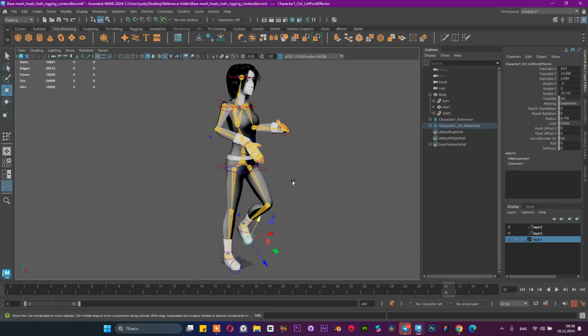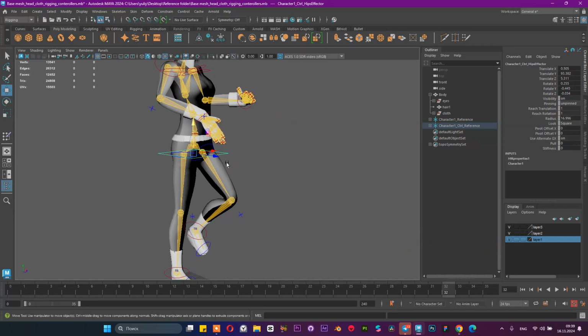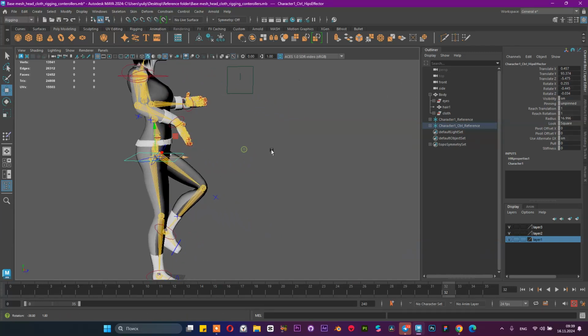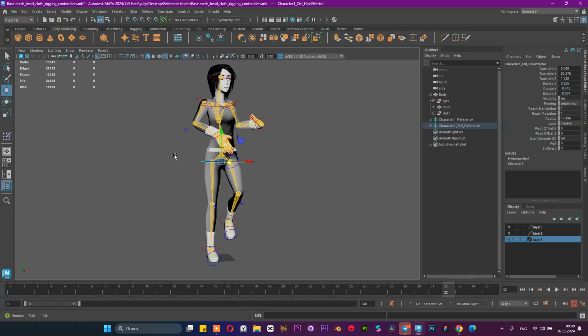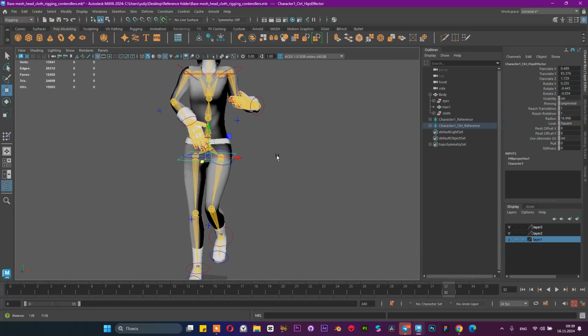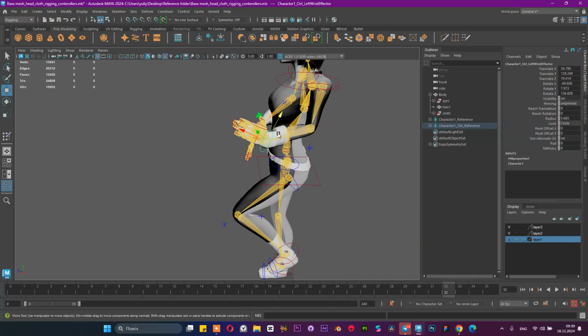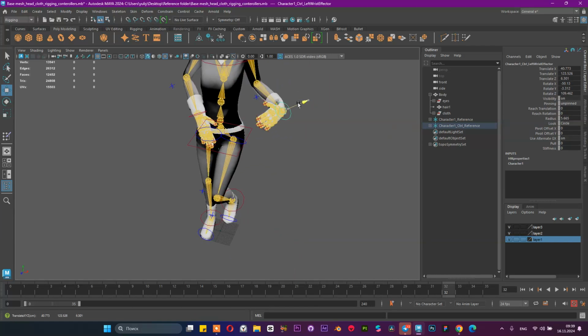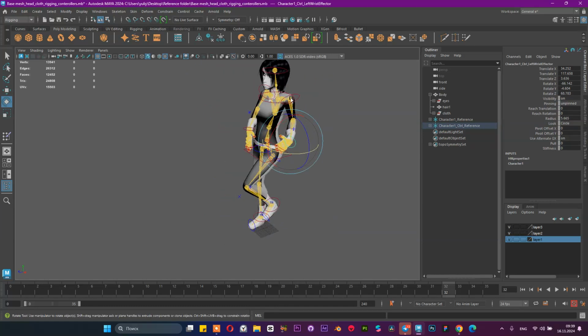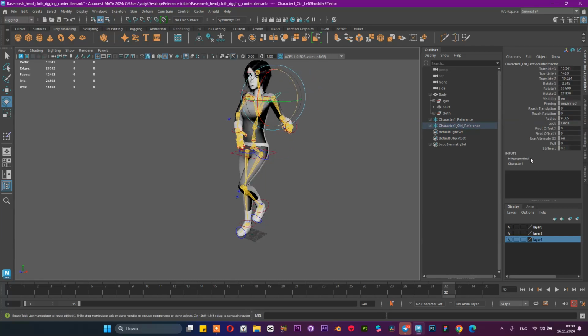And now you can see these controllers help you to manipulate these bones and animate the character, and this IK handle helps you to move your arms and legs in the correct way. These IK handles also have some settings and properties which can be animated. For example, we have some pull,